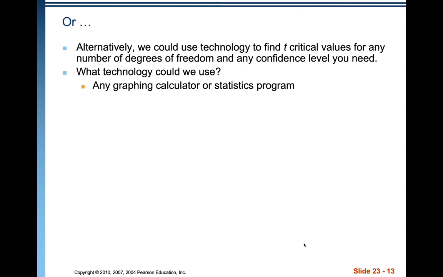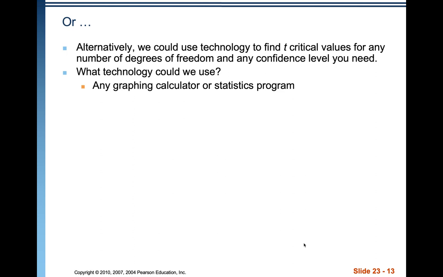Alternatively, we could use technology to find T critical values for any number of degrees of freedom and any confidence level you need. So what technology could we use? Well, for us, we're going to use our CAS. Any graphing calculator that has a good statistical package should work,